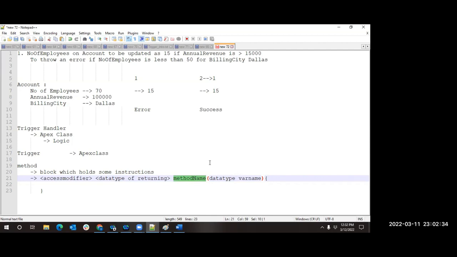Now you can ask me, do I have to remember all this, or is this a prerequisite for me? No, not everything is a prerequisite. There are a few prerequisites and a few are optional. Now let us understand which one is optional and which one is mandatory. Access modifier is not a prerequisite. If you do not specify the access modifier, immediately the system will take it as private. You do not